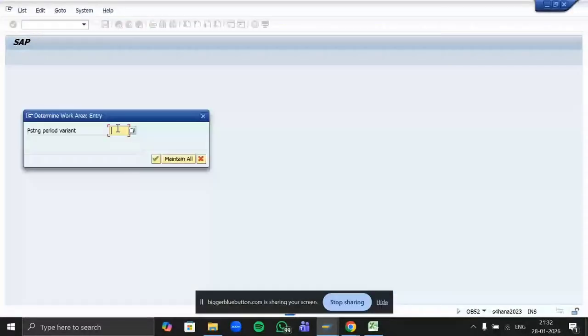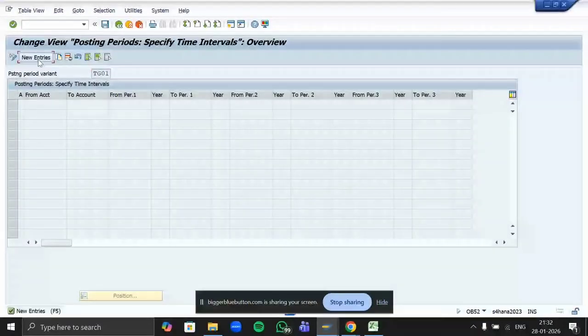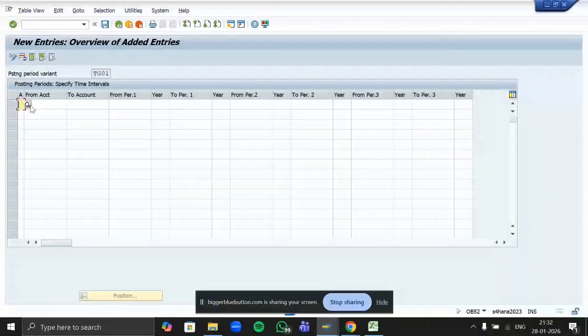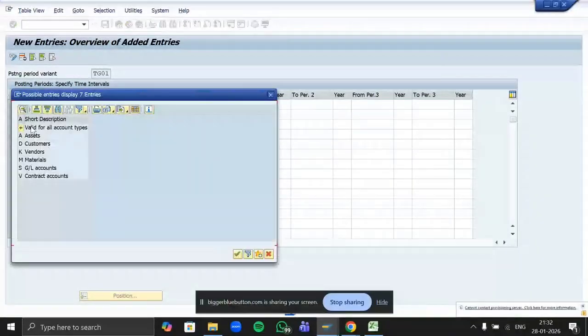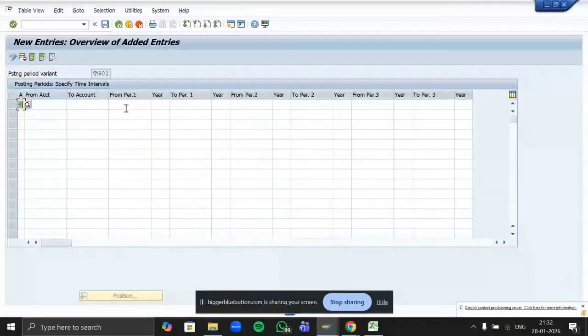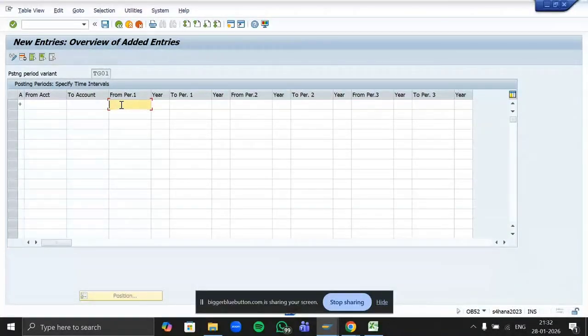Yes, ma'am. Mention your posting period variant, PG01. Go to new entries. So I'm allowing for all account types. Go to search and select valid for all account types. So I'm allowing which period to do the posting? We are allowing the 12th period. 12th is the